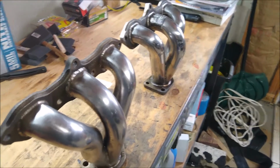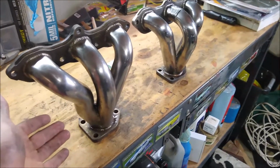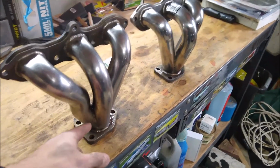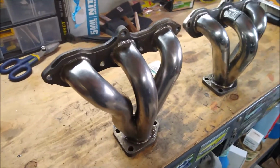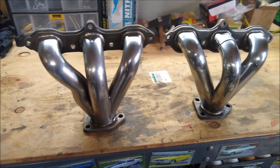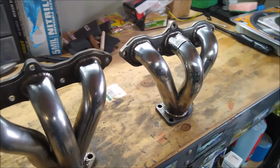Good luck trying to find a pair because they are very sought after, especially if you have the 6-speed variant of the CL. You can see here the distinct S bend in this collector or header. That is to clear the motor mount, which is unique to the 6-speed. Now we're going to take these and we're going to install them